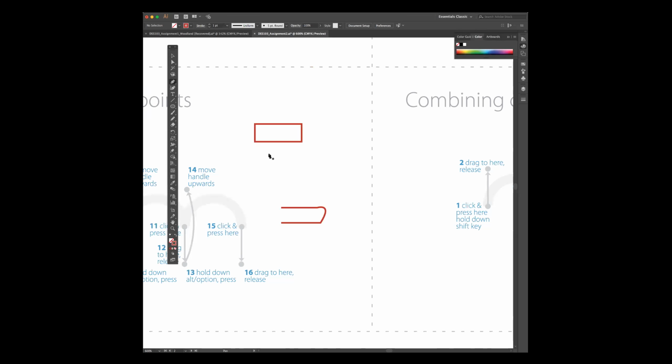And click on P on your keyboard and then find the last point that you happen to make and click on it and continue. So if you want to keep going, click on that last point and you can continue. This is what we call compound paths when we connect two shapes. Now, if I were to stop here,